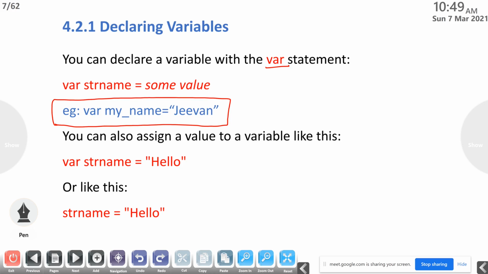Along with the value, we can declare a variable like this, var. That is the keyword, and my_name is the name of the variable, equal to, and given is the value. So where we are referring to my_name, the value of my_name will be given. Then you can also assign a value to a variable like this, var str equal to value. That means you can declare a variable like this, for example, var pr_marks.